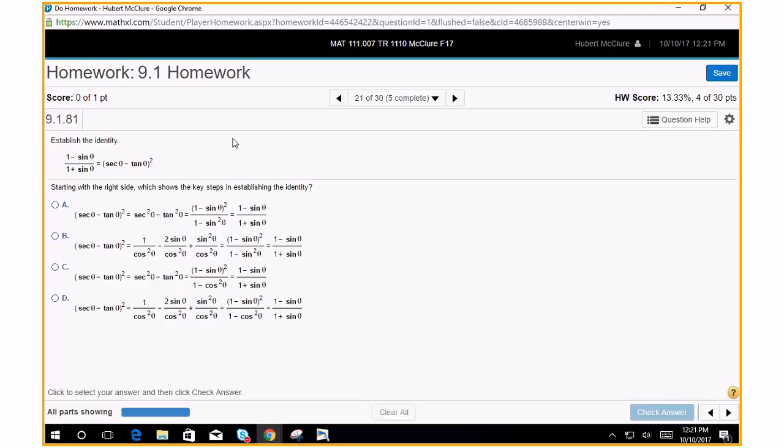Okay. All right. Here they're using this as we first started. So secant tangent will give us